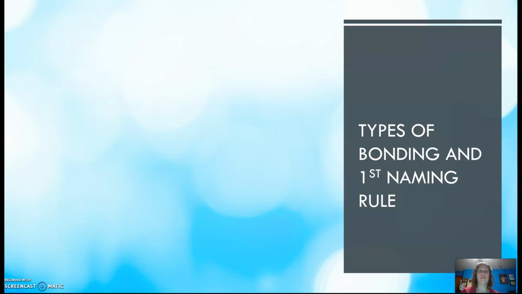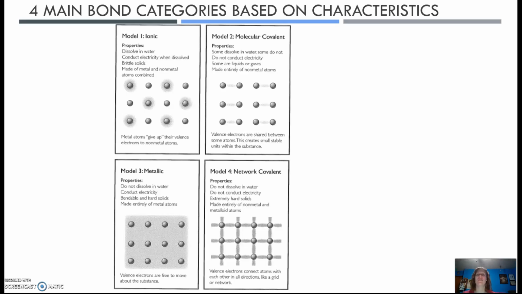Okay, guys, so now we're going to go into naming rules. But first we have to talk about bonding. There are 4 types of bonds, but we're really going to focus on 2 naming rules. We have to talk about bonding first because there are different naming rules based on the 2 different ways they bond. So, first off, the 4 main bond categories are all based on characteristics of how the compounds